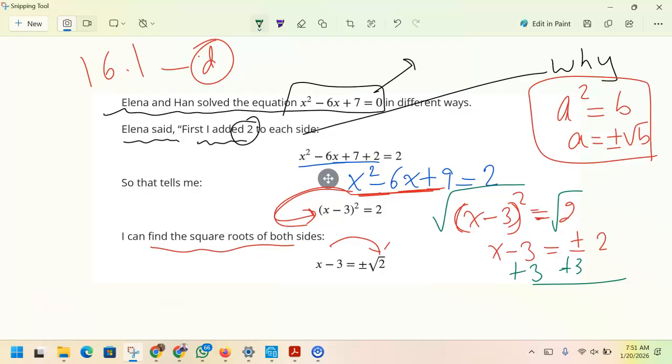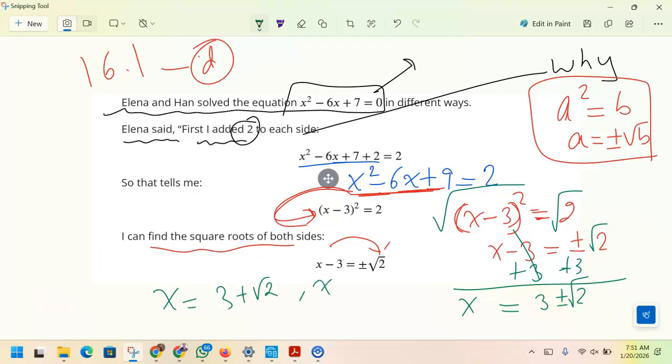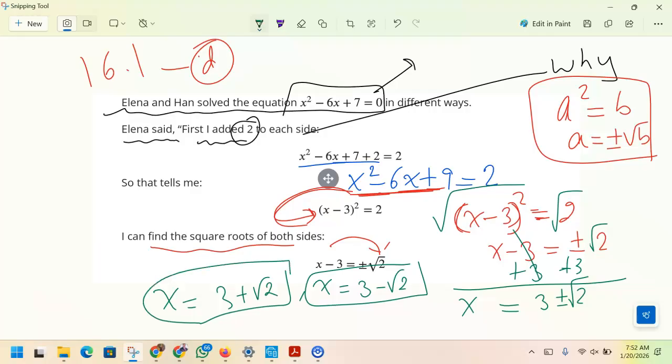So adding 3, you get x. This crosses out and you get 3 plus or minus 2. So basically there are two answers here. One is with 3. I missed a square root 2 here. So one is with plus, and you can say these two solutions are not rational because there is a radical sign there. These two solutions are called real solutions, but they are also